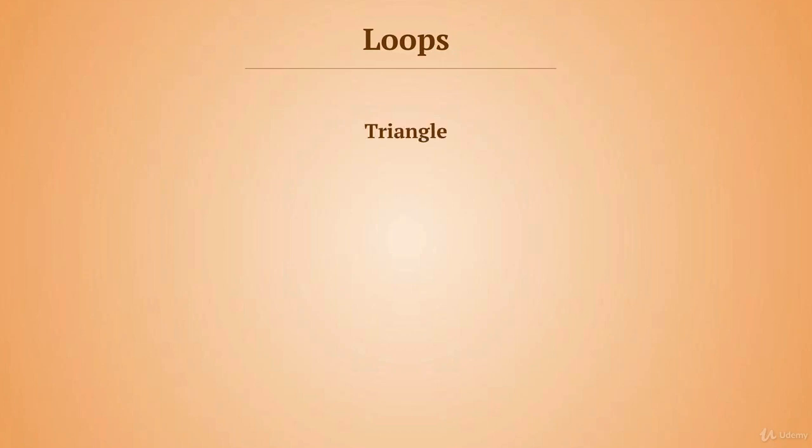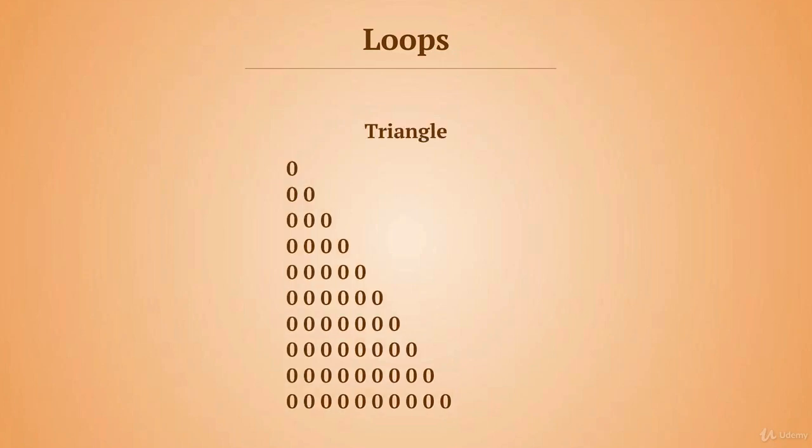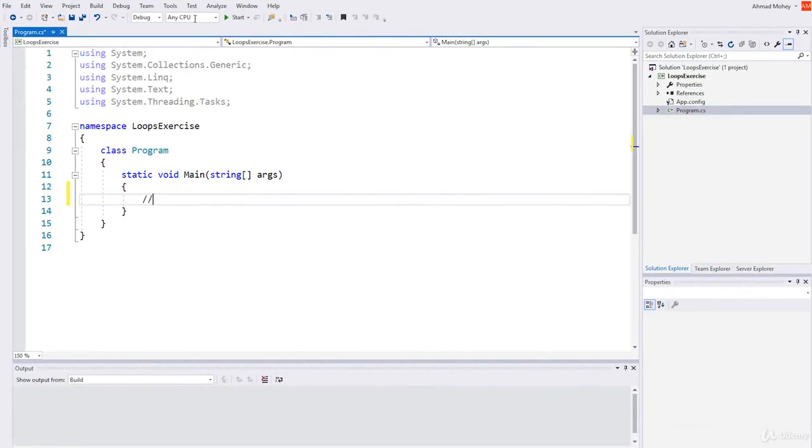I would like you to go ahead and display this triangle using the nested for loops. Okay? Pause the video and go ahead and try to do it on your own. Okay, I hope this was easy. Now let's try to do it together. The first one is the even